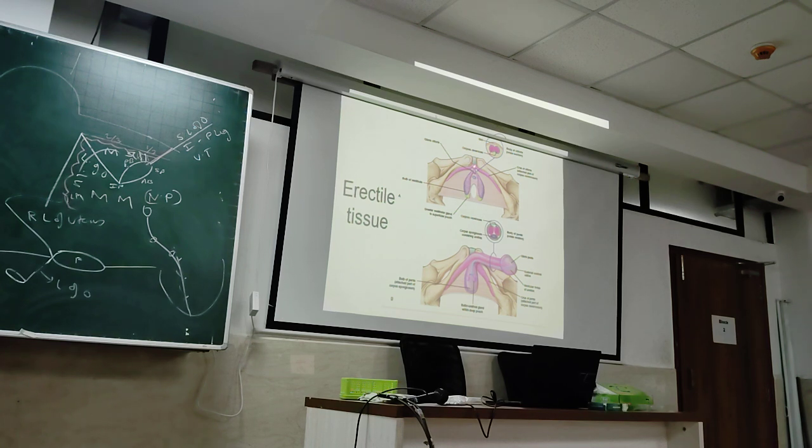In the clitoris, the urethra is missing because the urethra opens into the perineum itself. So there are only two erectile tissues, the crus clitoris, two, plural of crus, crura clitoris. These three structures, the two crura and the